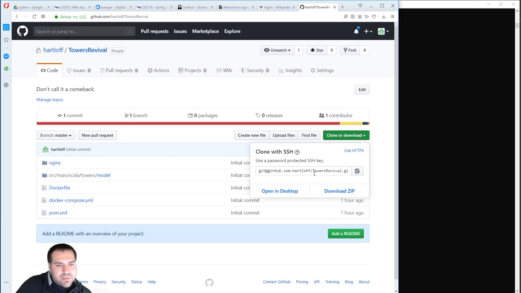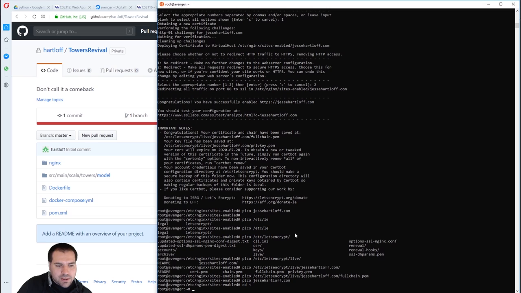Let's grab this code. I'm not going to have my SSH set up here. So let's git clone